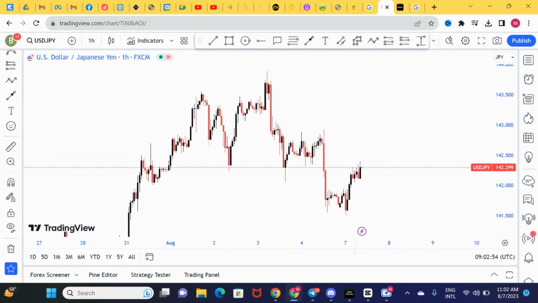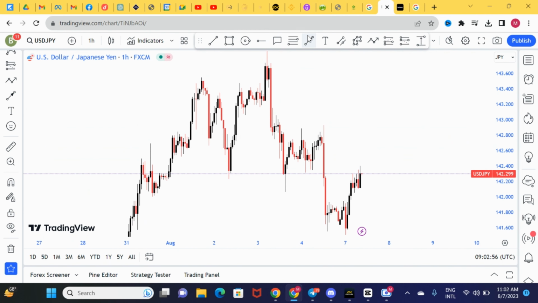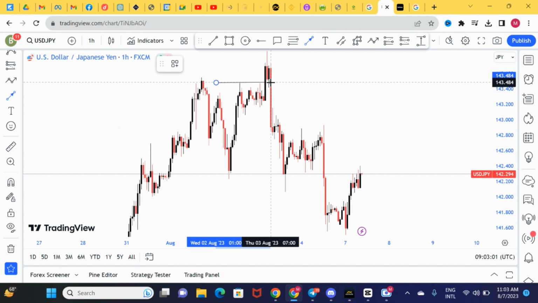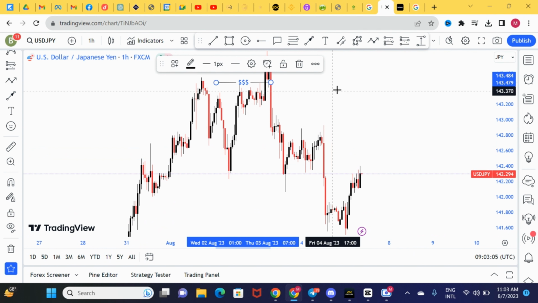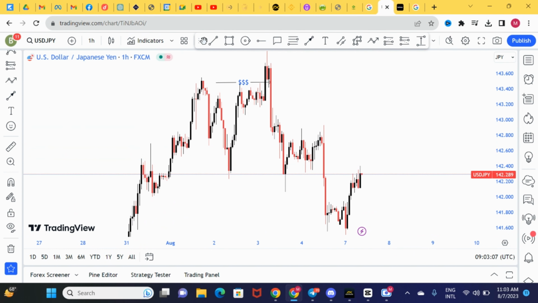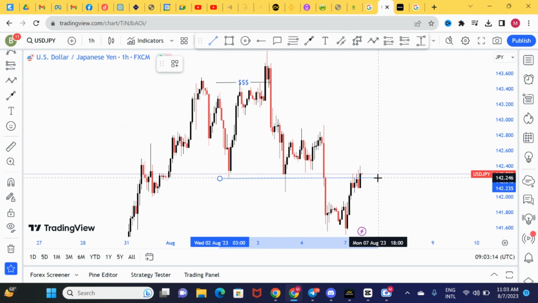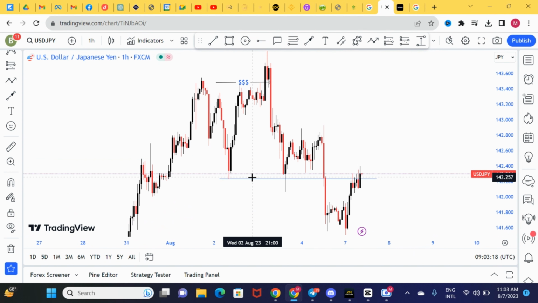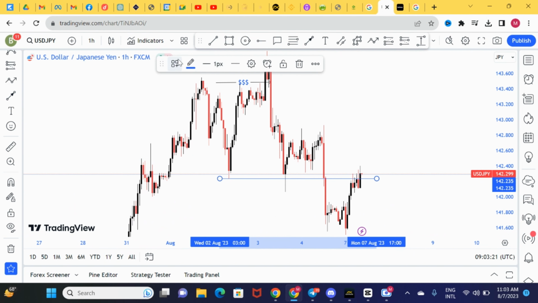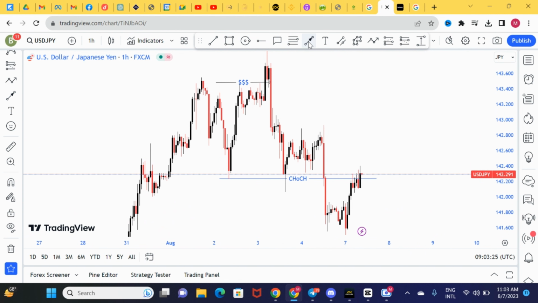So what we're looking at right now is price. One, we can see this area that was taken out, this area of liquidity. You can see liquidity has been grabbed at that particular point. And now what we can also see is one, a breakout structure. Price has broken through this low, right? Now, since price has broken through that low, what we have is a change of character, right? Change of character.